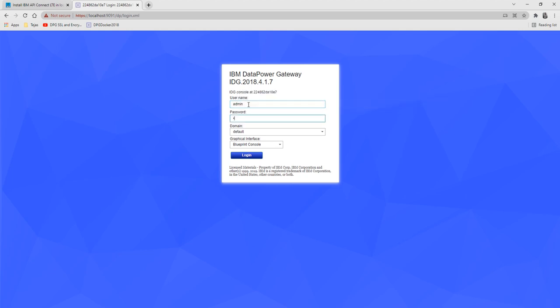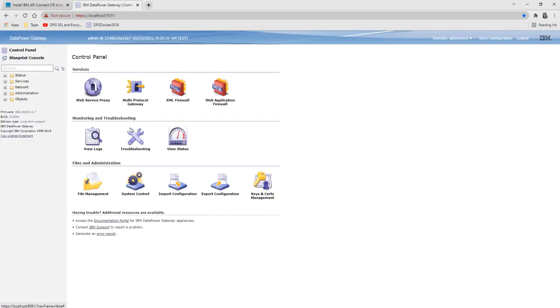Let me log in here with admin, and you'll be able to see your API Connect domain is already created. So now we are in the API Connect domain.